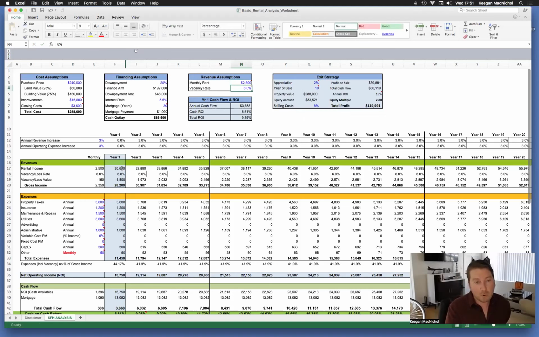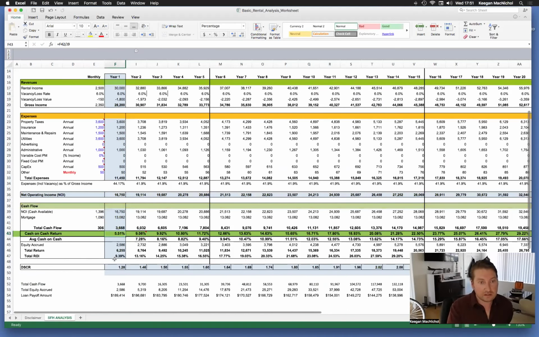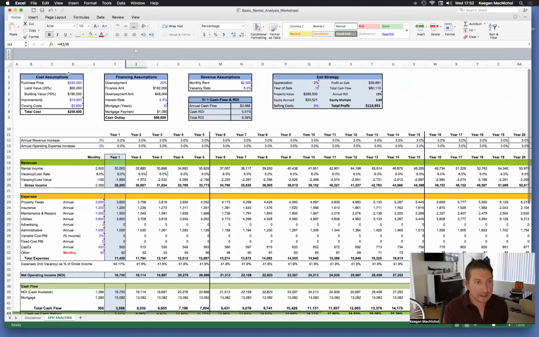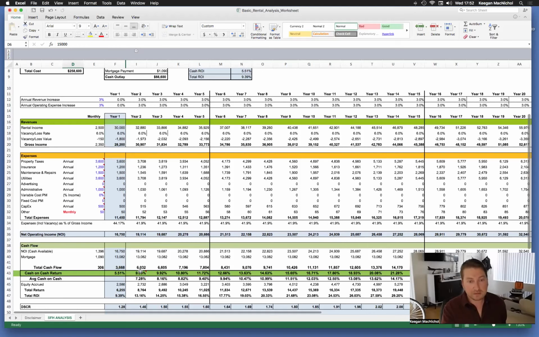And then I'm going to come up and put my in-place rent. That's going to give you a more accurate representation of, hey, upon purchase, I'm earning 5% cash on cash. But after I've executed my business plan, now I'm bringing it up to 9%, right? So if you're getting this property at 240, you're only putting 15 into it, and you're able to achieve that rent increase of $250 a month, then yeah, this is maybe a pretty good